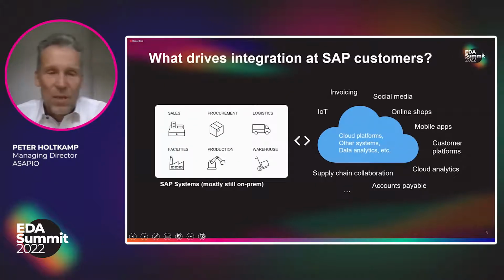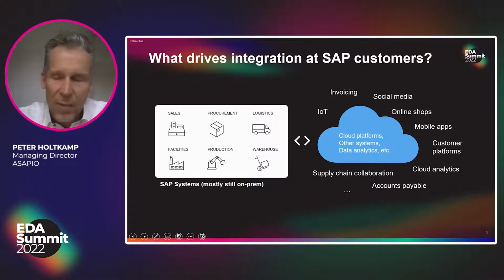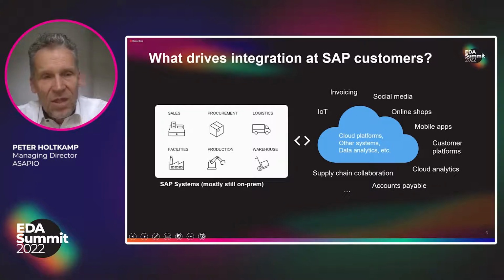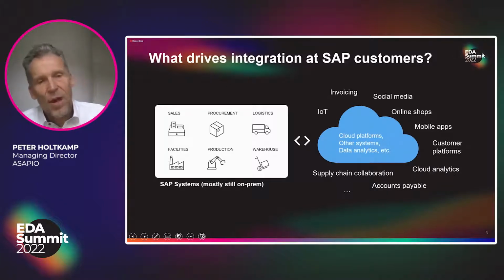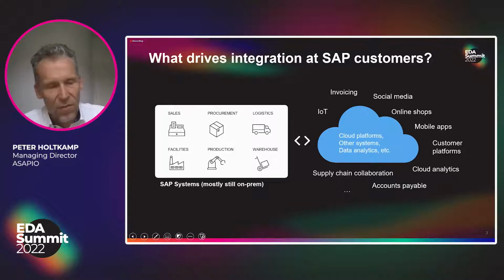What drives integration for SAP customers? When you think about what most customers operate in their SAP system, we talk about all different applications. From sales, procurement, logistics, we talk about production, warehouse facilities, and all these applications inside the SAP system don't operate locally anymore. When you talk about production, you talk about collaboration with your suppliers, with your customers. You talk about production planning numbers that you exchange. When you talk about procurement, you talk about your first and second tier suppliers, where you want to tell them what the requirements are for the next weeks and months, or logistics, warehouses. You exchange data everywhere to the external world, but also internally.